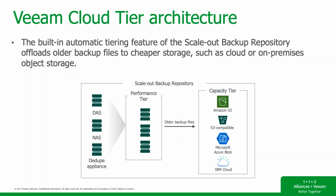And then lastly, this again is a high-level overview of what the architecture looks like. So now that we've gone through a brief overview of what Cloud Tier is, we're going to have a poll here and discuss